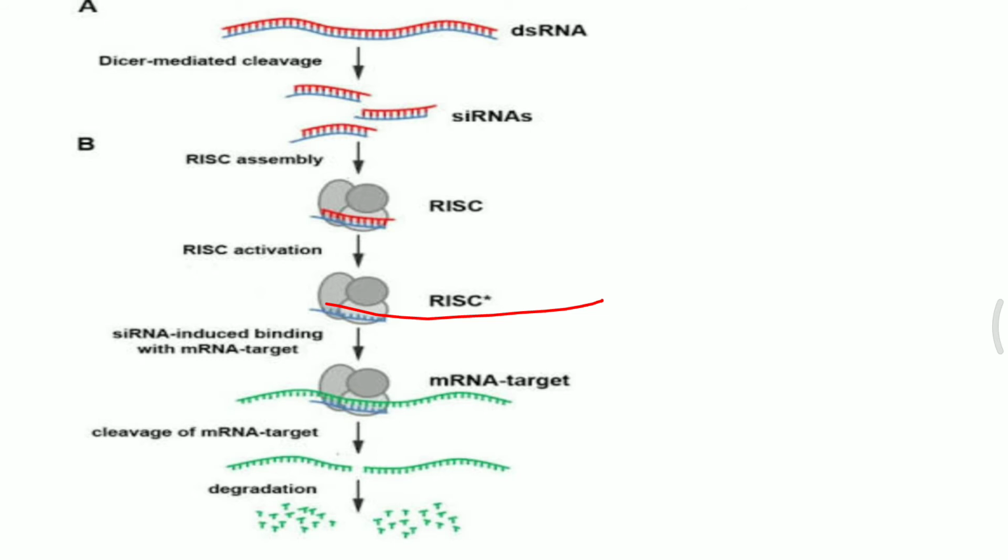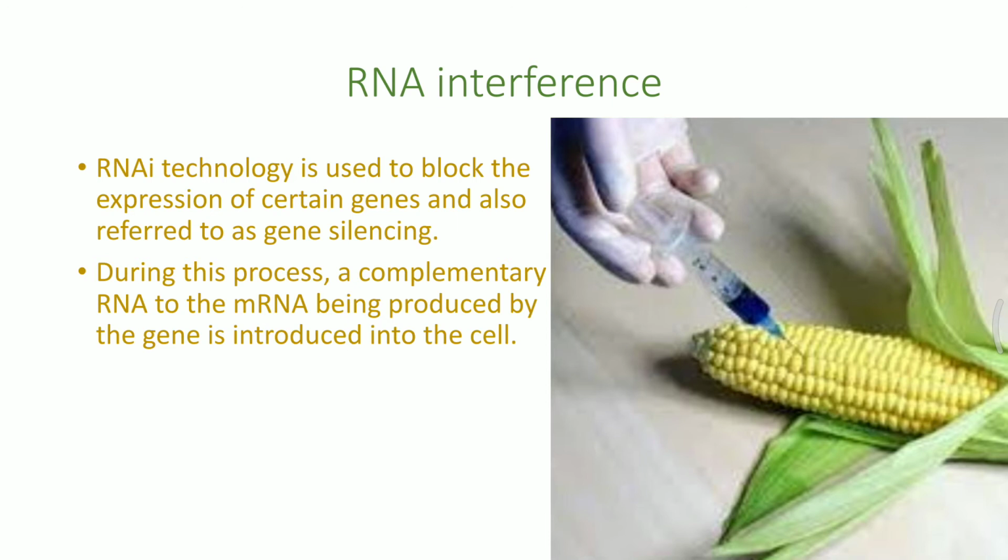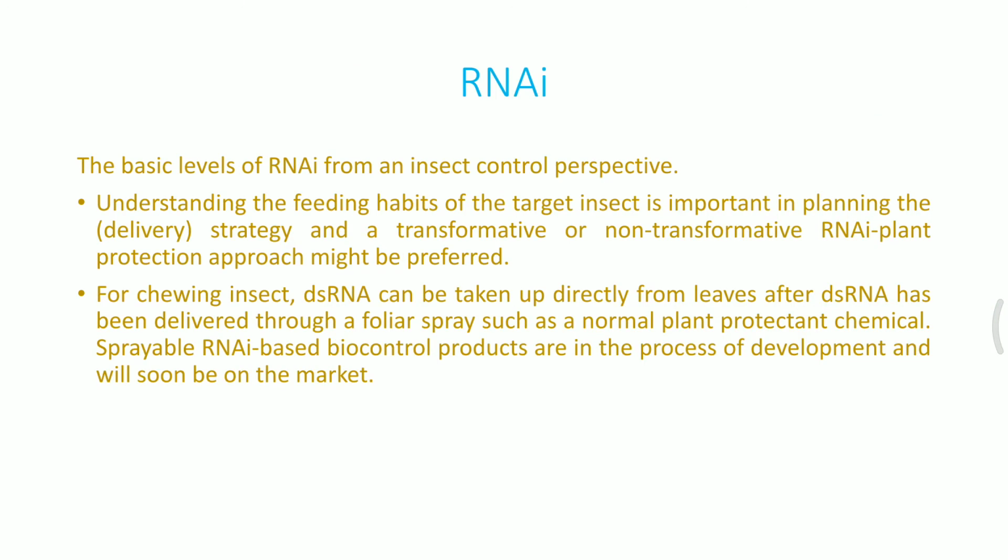Hence no expression of the trait can be seen in the organism. Now we have to use the same technique in order to control the pest, and here it is the RNA interference technique. It is a technique by which we silence the gene or knock down the effect of the gene by using complementary RNA. Whenever the complementary RNA finds the mRNA, it will bind to it, and as a result, the gene will no longer be capable of translation, and there will be no formation of new protein.